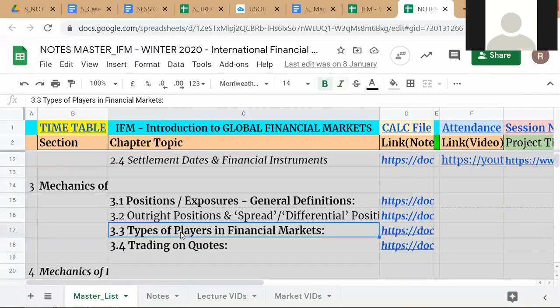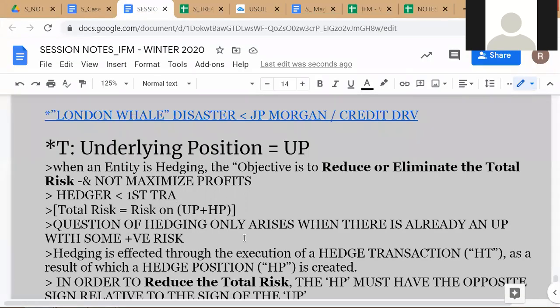Here, types of players. Please look up your notes if you're confused. You'll find the definition here, but I'll just write it briefly. Hedger. Proper definitions are given there. First transaction must reduce